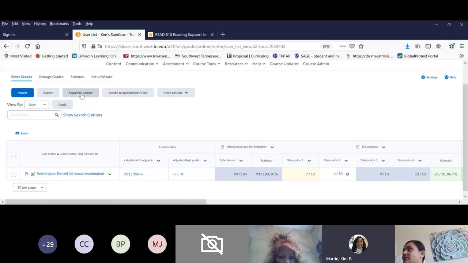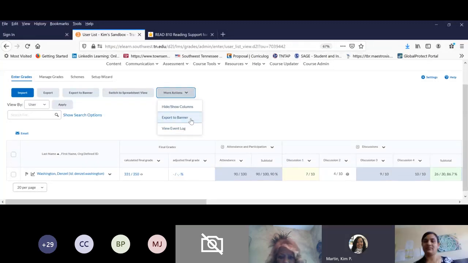Now, the Banner export feature is not officially working properly right now. So we're going to stay away from this piece right now because your gradebook has to be in a certain format. And until we get the kinks worked out, you cannot export to Banner. Okay, in the spreadsheet we talked about the